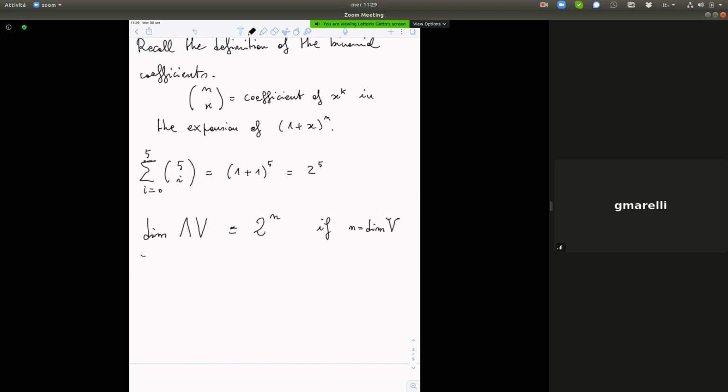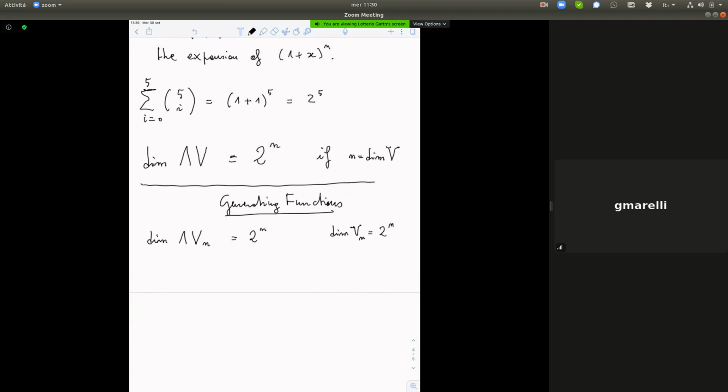We have seen a generating function. We have seen that the dimension of wedge Vn is equal to 2 to the n, where Vn